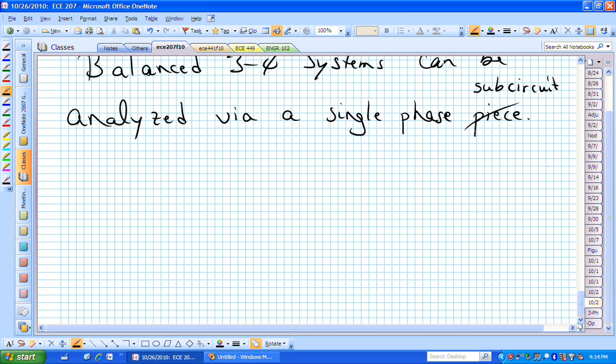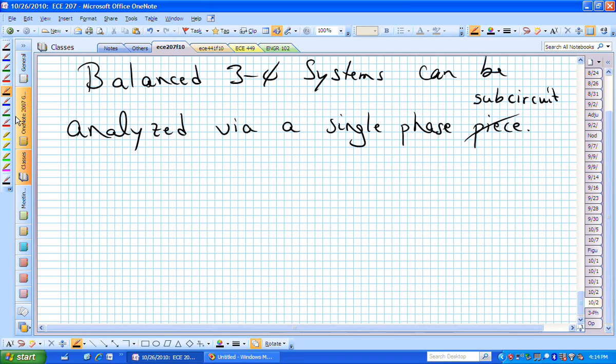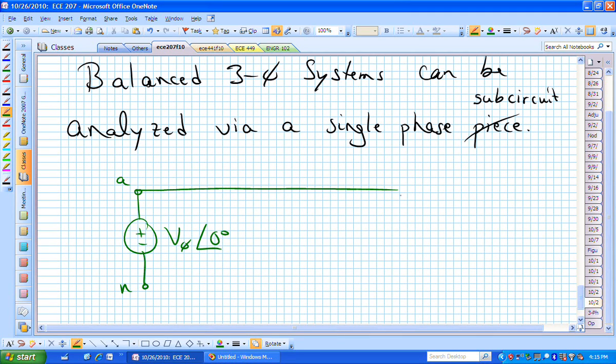Meaning, because it's balanced, we can now extract any of those phases, and let's use the A phase since that was our reference phase and the angle was 0. Now all we really have to analyze is that particular system, and I hope by this point in the semester